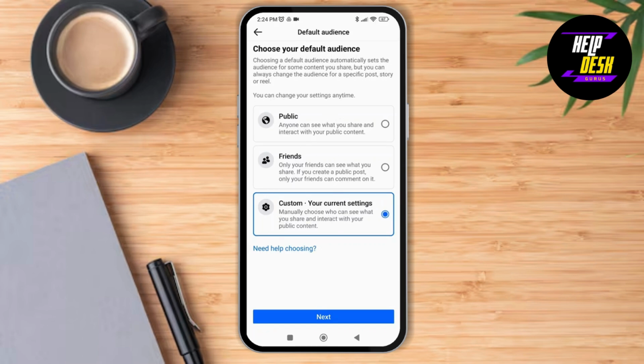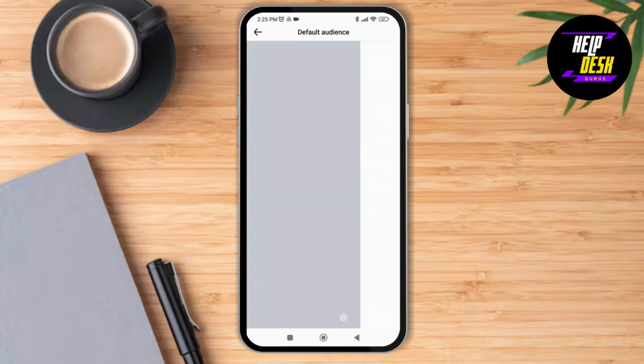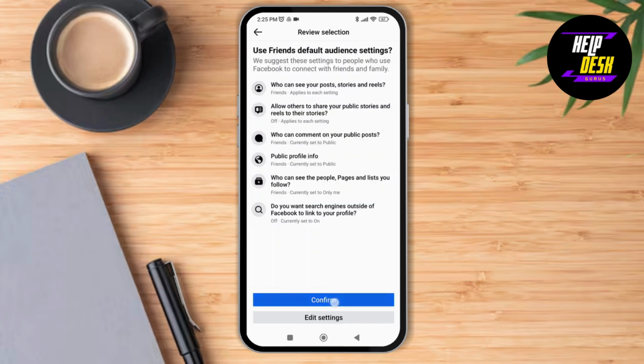Now if you want to give access to anyone to see what you share and interact with your public content, then select public. But if you want only your friends to see what you post or what you're doing with your stories, then you can just select on friends. Next is you can manually choose who can see what you share and interact with your public content by choosing on custom. So I'm going to select on friends over here and then tap on next and then tap on confirm